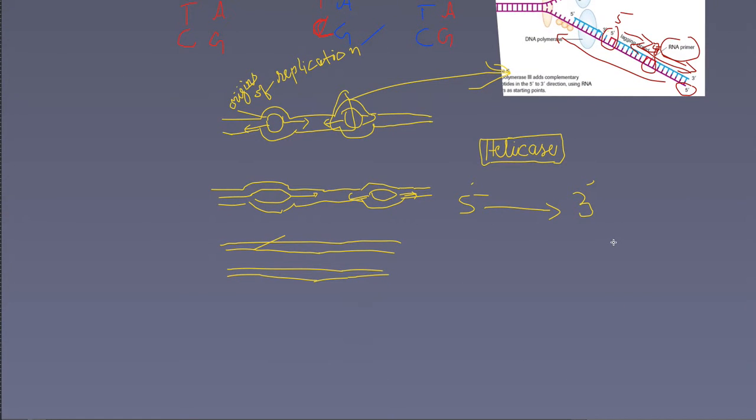I hope I'm not confusing you, but if I were to draw this part right here, since it's 5, I can't go this way. So a primer, an indication, comes. Okay, start from here. If this one is 5, this one should be 3, right? And if this one is 3, this one should be 5. So the DNA polymerase starts from here and goes all the way down, makes a segment of a DNA strand,